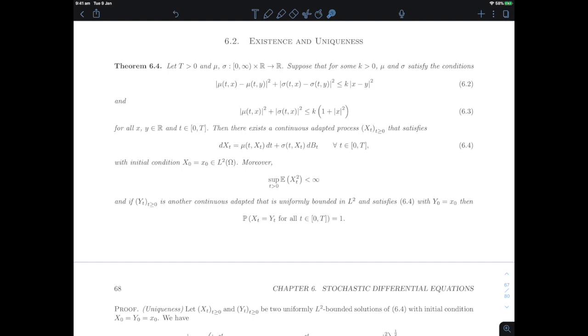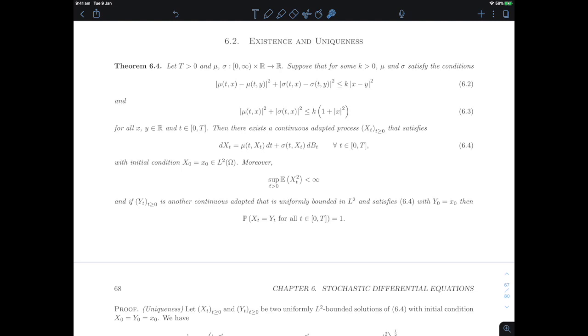So, assuming that I have an Xt and a Yt that are continuous adapted processes and satisfy this condition, then they have to be equal for all t with probability 1. Of course, assuming they have the same initial condition. And once we've proven that, in the next video, we'll do existence,